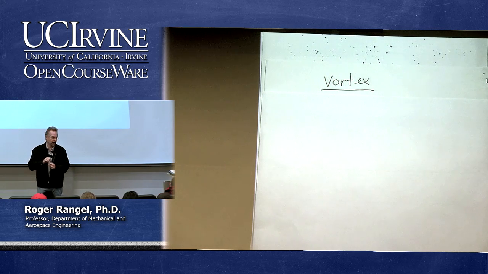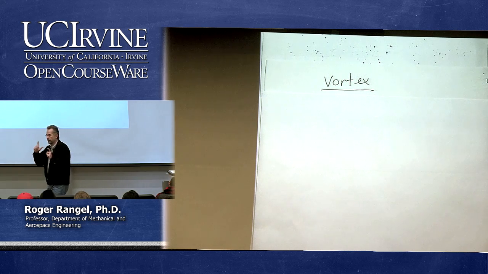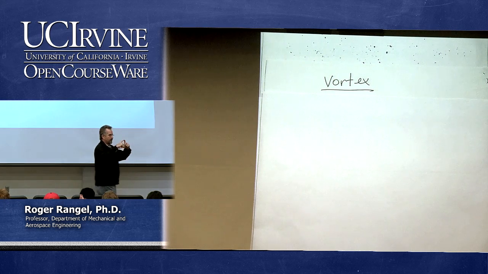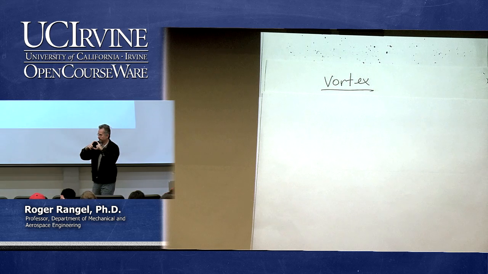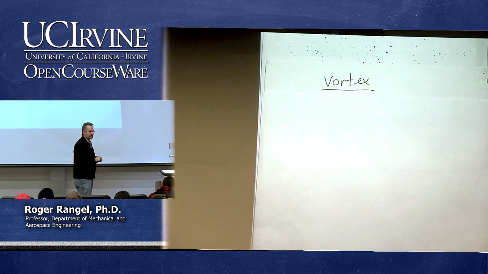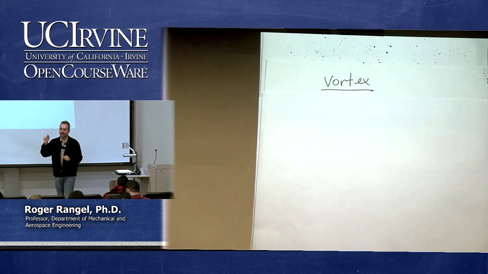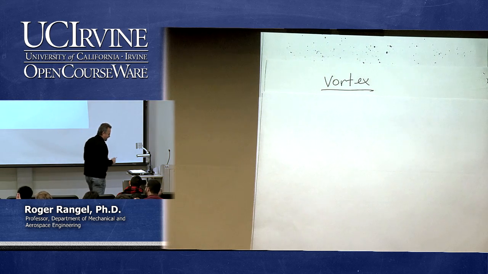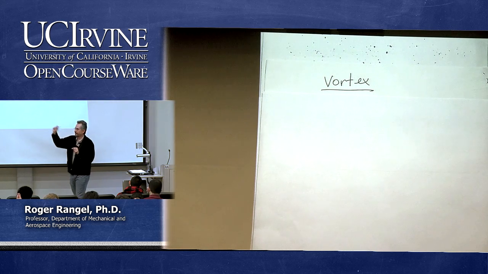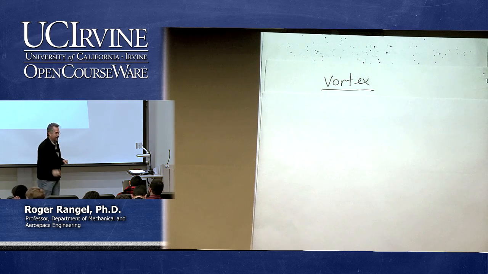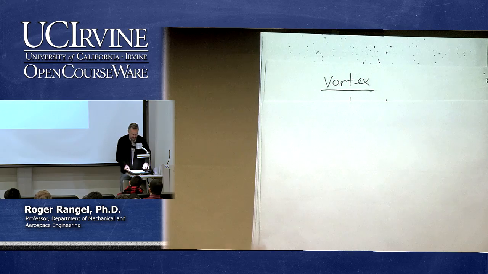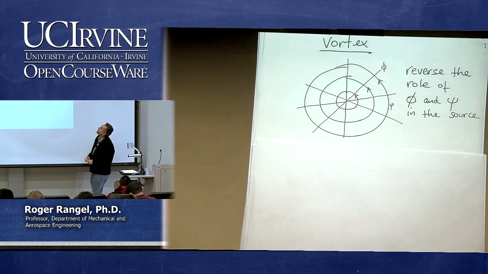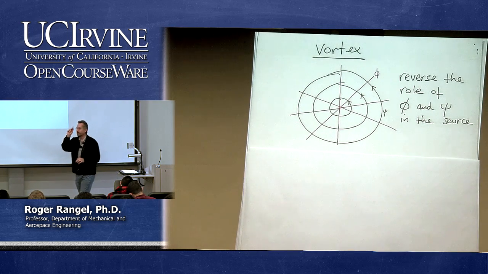So it's very simple to create. Suppose you have this sink that we were just looking at. The sink had radial streamlines, circles as potential lines. Suppose I reverse their role. Suppose I now say that the circles are the streamlines. Then the radial lines have to be the equipotential lines. So if I just reverse the roles of phi and psi, now I've got fluid going around in circles